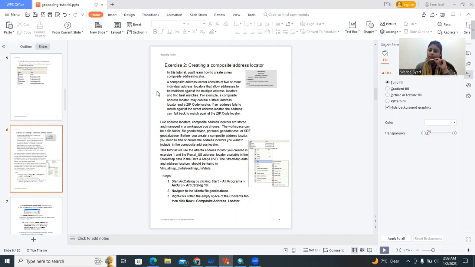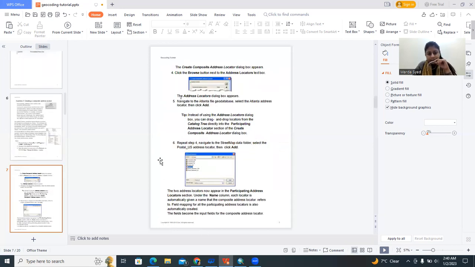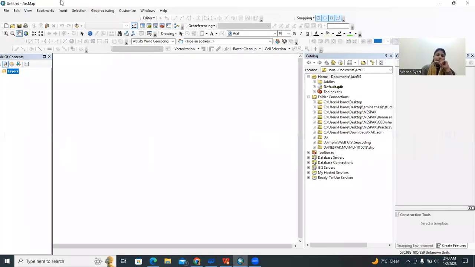First, I need to open my ArcGIS and open the reference data file. Navigate towards that folder where I have placed my reference geocoding MXD. So let's do this. I have opened